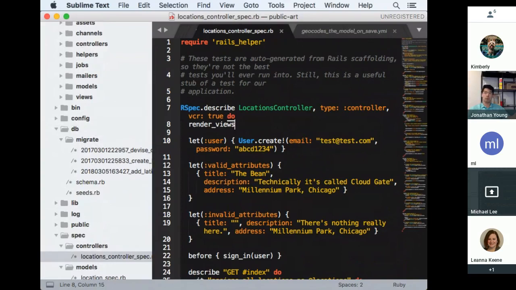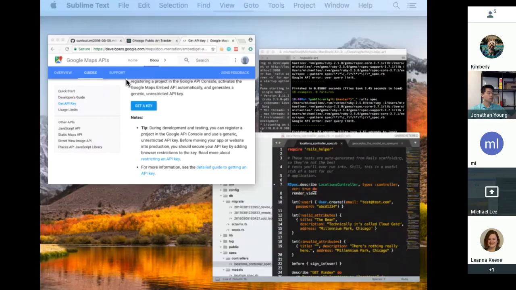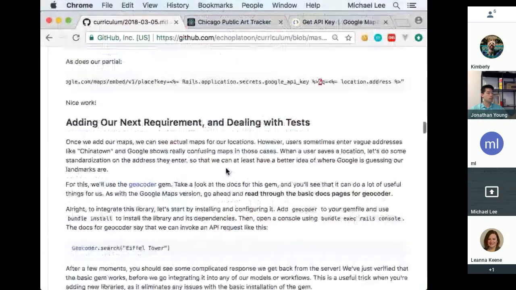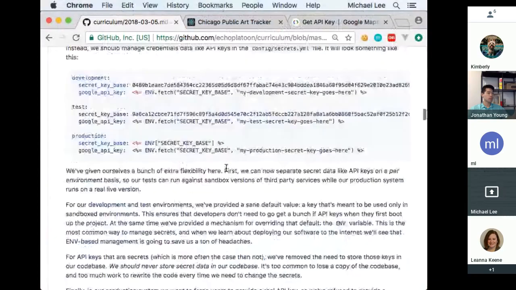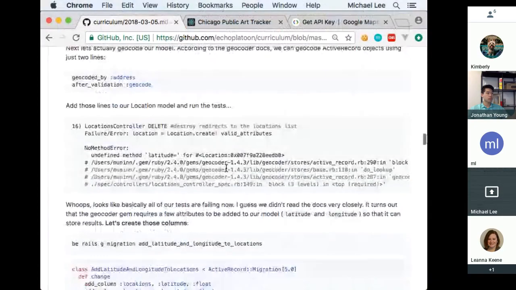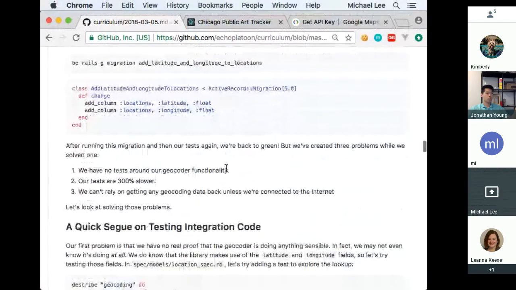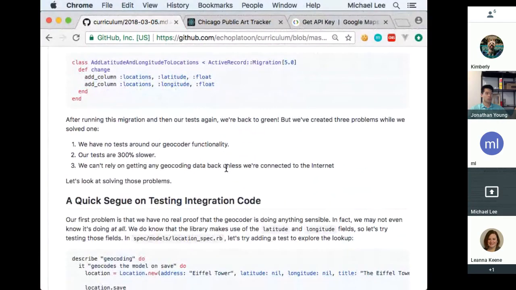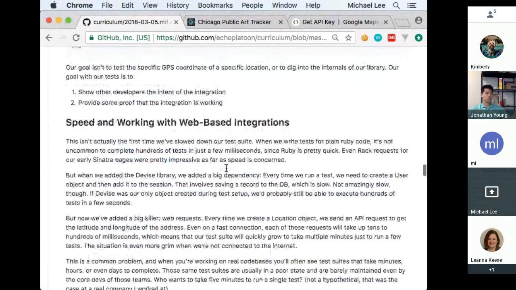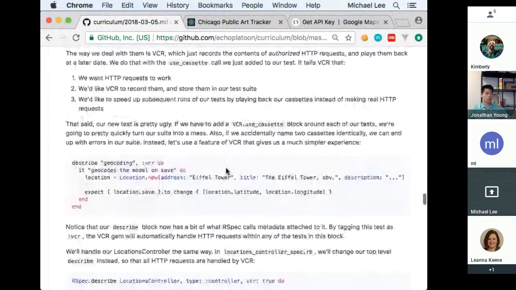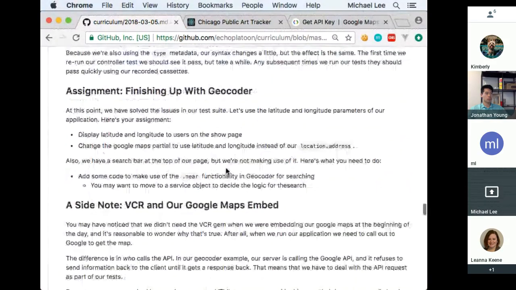So let's see, for your assignment. This is what we covered today. If you want, you can go through it yourself. I'll just push up what we have now. And here,